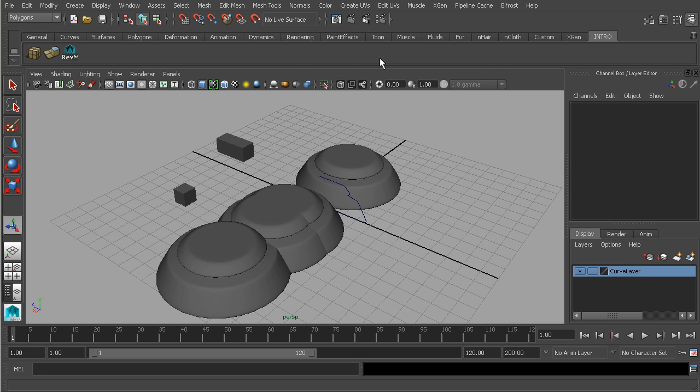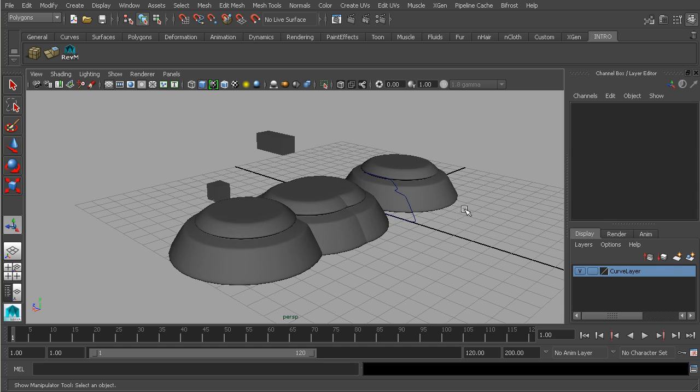So you can start to populate different shelves, or if you have shelves that are strictly dedicated to doing a particular project where you use maybe 5 tools that are spread across 3 different menu sets, you use those constantly, make a shelf for those and drop those onto the shelf, and access those very quickly as you go through your work on your project. All right, so that's a look at Maya shelves,